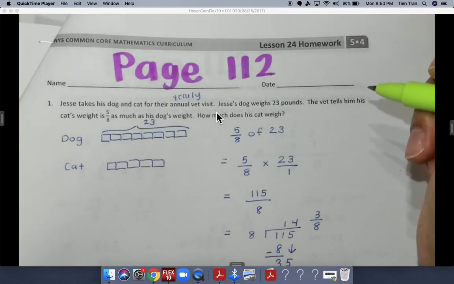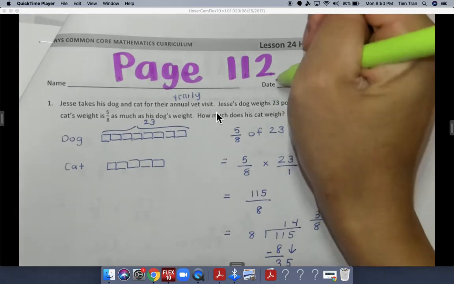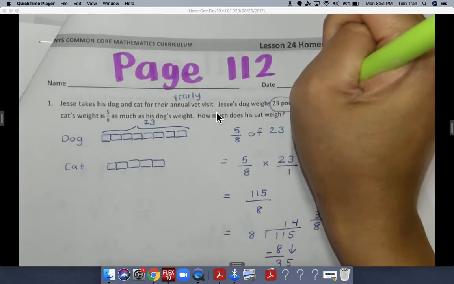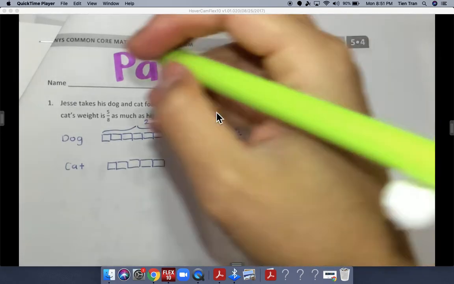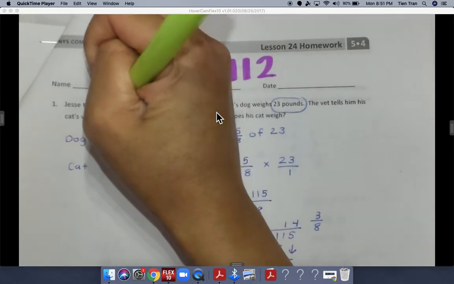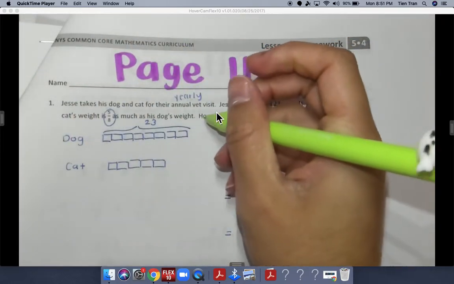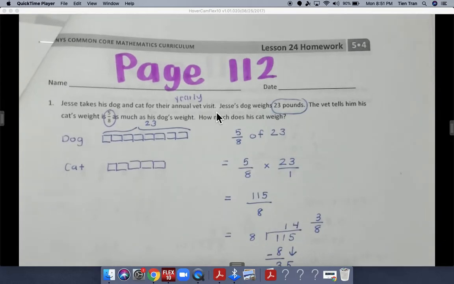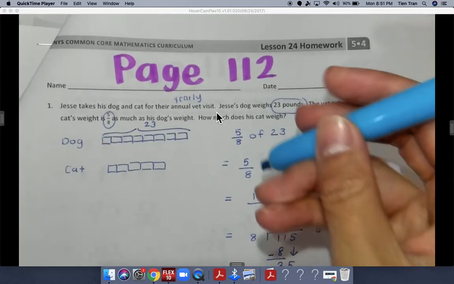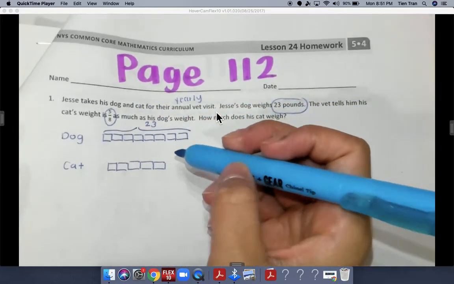Jesse's dog weighs 23 pounds. This is important information, so I'm going to circle that. The vet tells him his cat's weight is 5/8 as much as his dog's weight. How much does his cat weigh? So to figure that out, I am going to demonstrate how much the dog